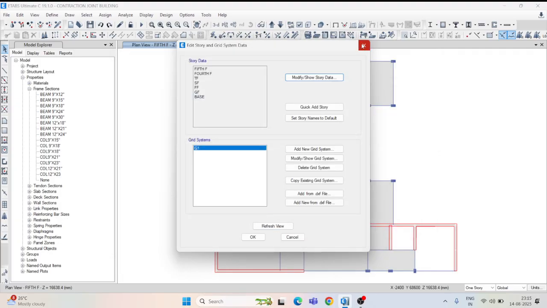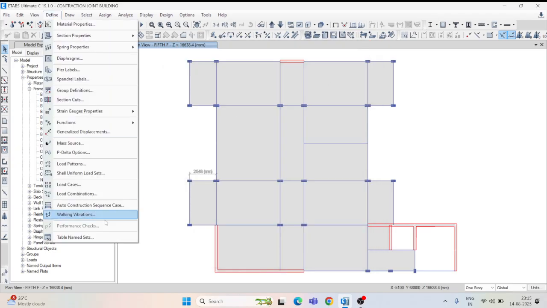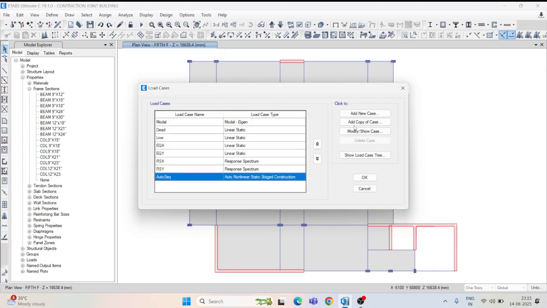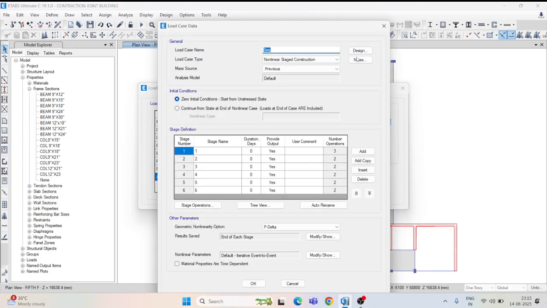So just go to define, go to load cases, and here go to auto sequence, add copy of case, and here creep analysis, meaning long term deflections we are going to check. Creep analysis, and here first write ground floor, and number of duration days is 21 days.